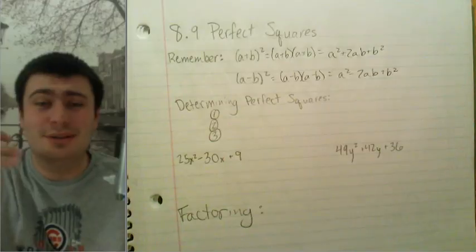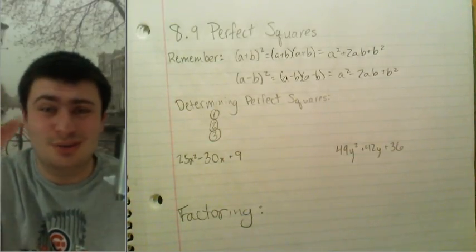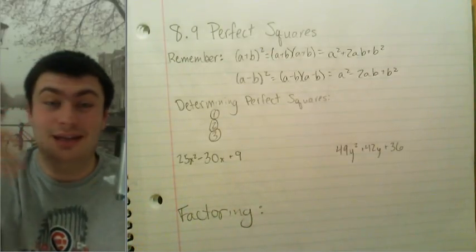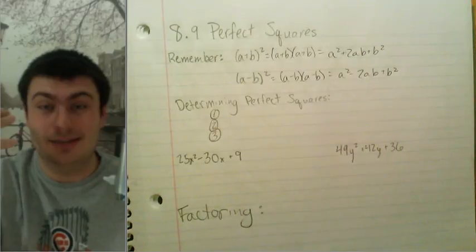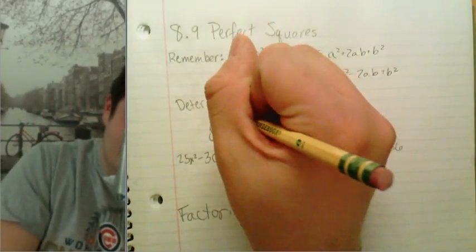Now, the thing with taking these backwards, if you don't remember the shortcut or don't notice the shortcut, that's perfectly fine. You can just go the normal way and you'll see us at the end and it'll be the same answer. So, if we're going to determine if there's a perfect square, we need to see if the first term